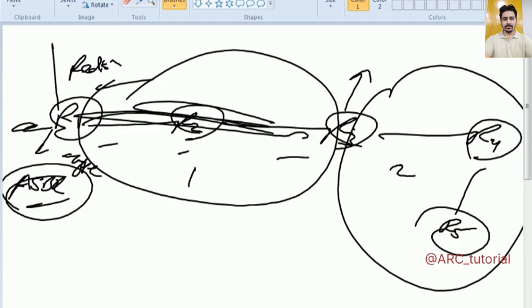I said earlier also that type 5 LSAs can move from one regular area to another regular area without having any problem. But the problem is type 4 LSAs can be generated by an ABR only. So if you do not have an ABR, then type 4 LSAs will not be generated. And if type 4 LSAs are not there, then routers in other areas